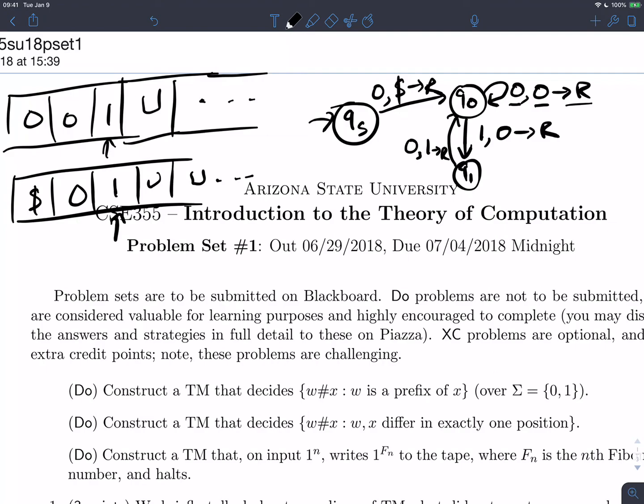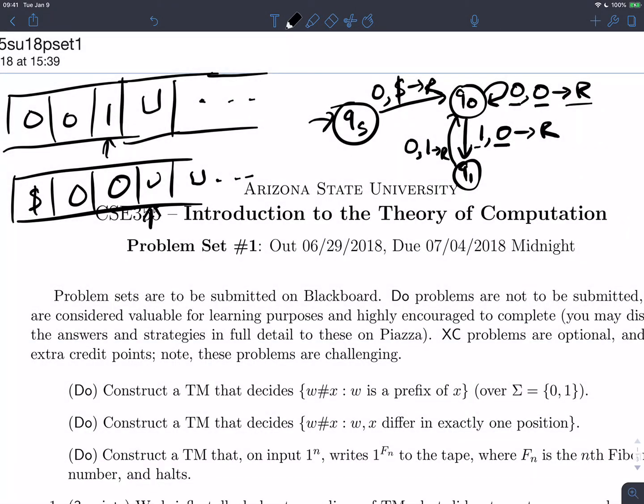But now I just remembered a 0, but I see a 1. So what is going to appear in this third cell right here? 0. Because you just saw a 1 there, but you're going to write a 0 there and move right. Okay, now I'm looking at